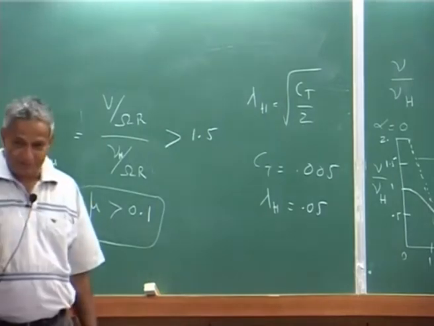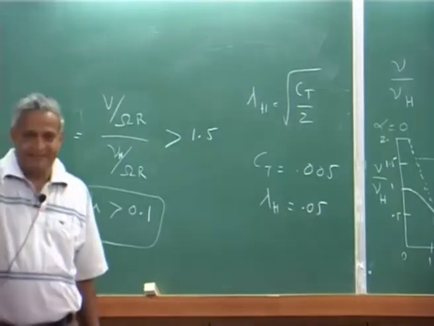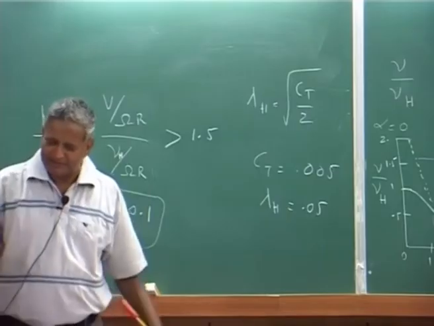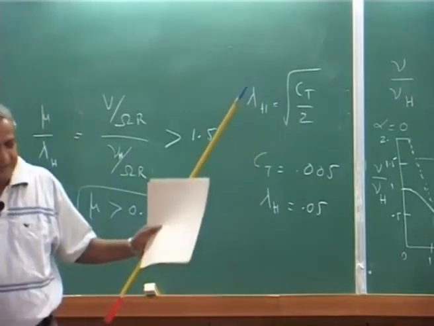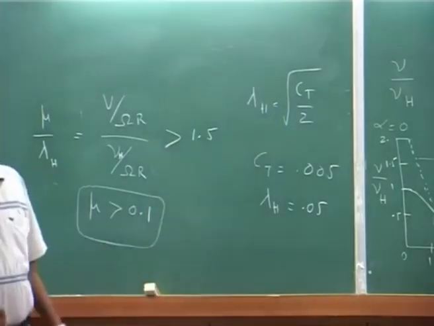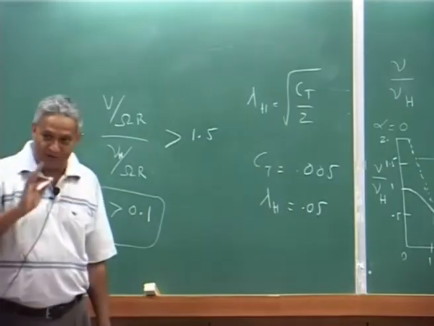Okay. Then you can use the high speed assumption for inflow. Basically the rotor behaves like a circular wing. Okay. Reasonable. But in between 0 to 0.1